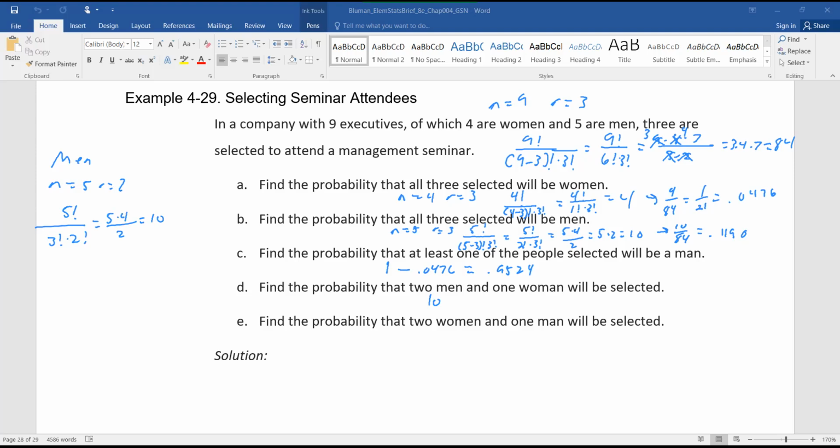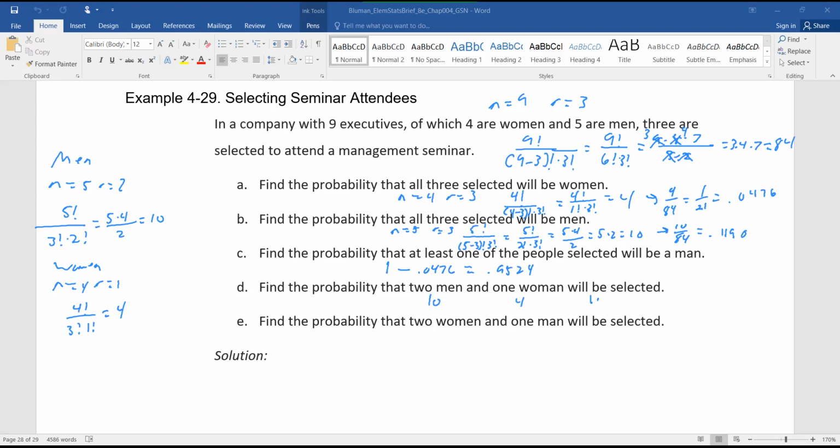Oh, it has the same odds, I guess, of getting exactly 3 men or 2 men. That's not always going to be the same, but that's pretty cool that that did work out like that. All right, now let's do the women part. So this now would be n is 4. I want 1 woman. So now I get 4 factorial over 3 factorial times 1 factorial, which is just 4.